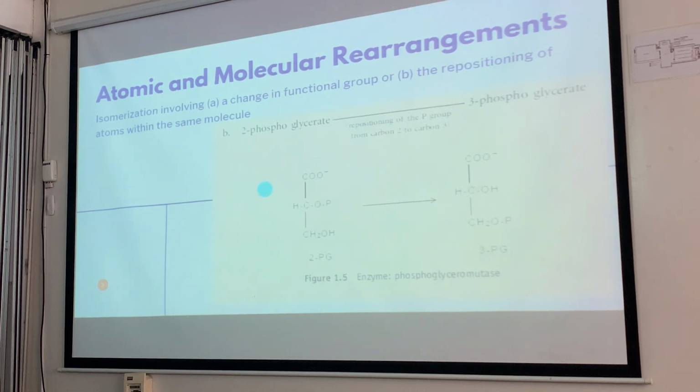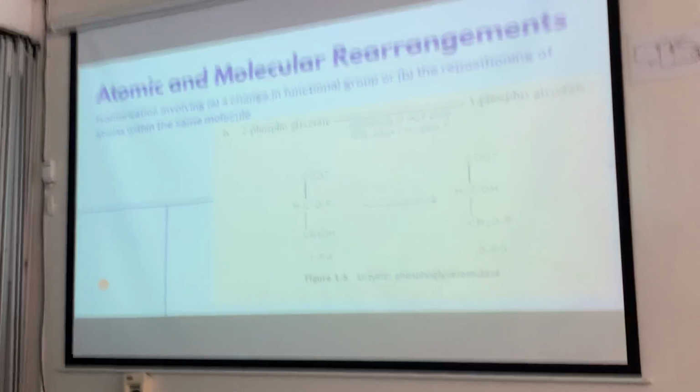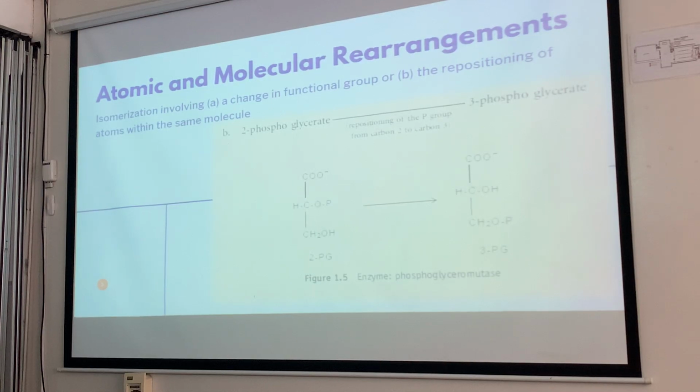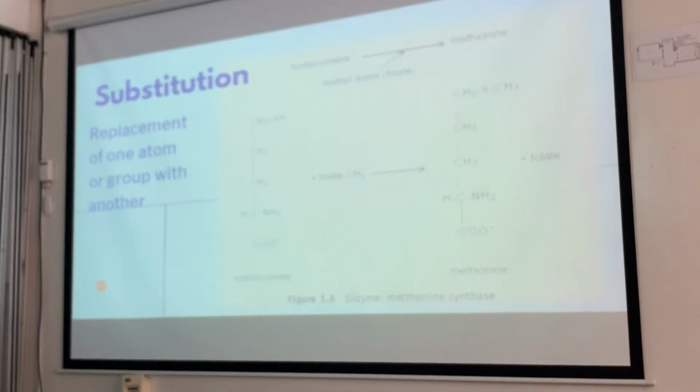Usually when you talk about carbohydrates, you would count from the aldehyde end. You start the counting of the carbons from there. That's why it's 2 here, and then the phosphorus, the one that I highlighted, is repositioned to 3. So this enzyme, by the way, is an isomerase enzyme. And this pathway, you will find in glycolysis and gluconeogenesis. So those are the terms that you would want to know.